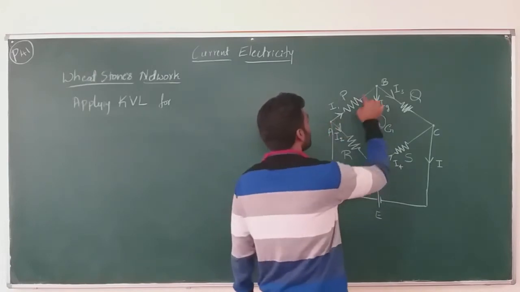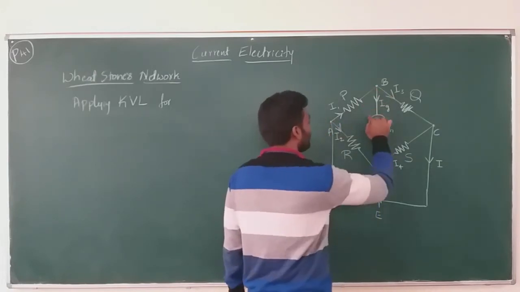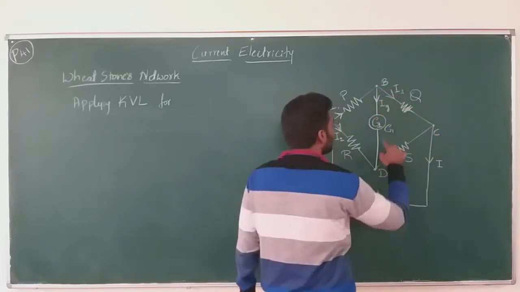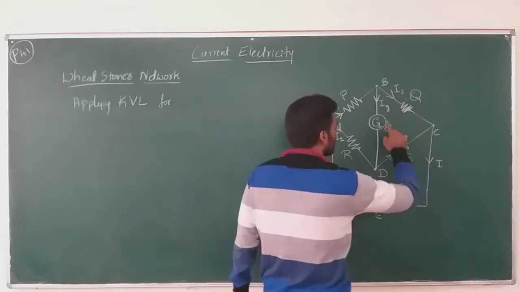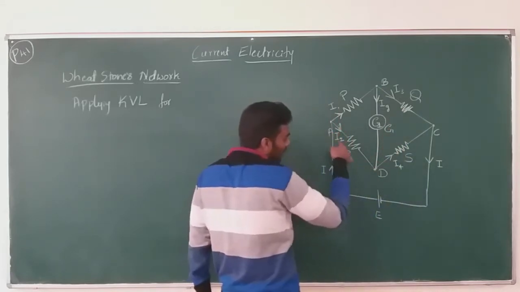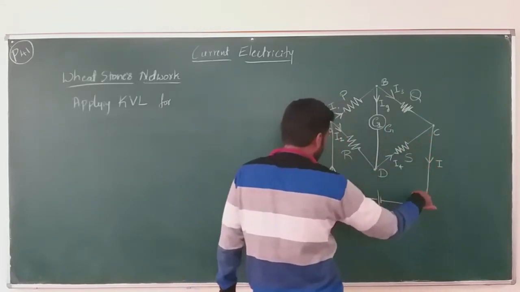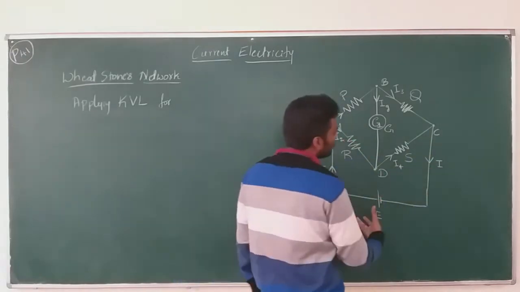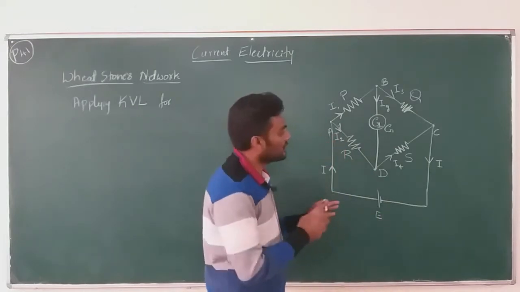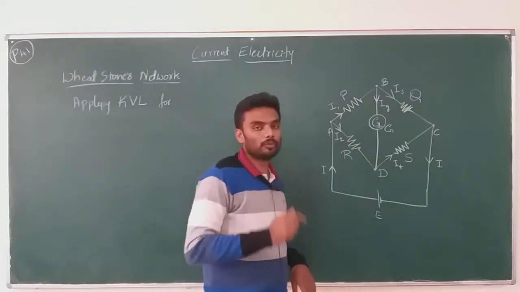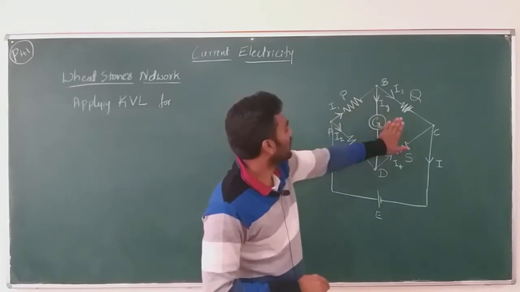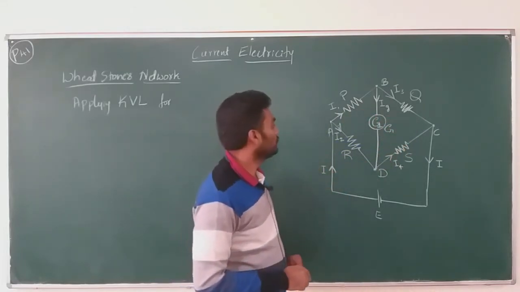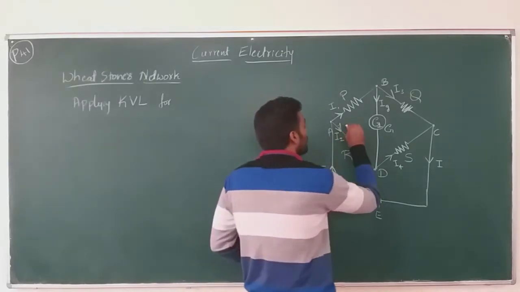One is A, B, D, A, right? This is one loop, and the other loop is B, C, D, B. This is the other loop, and we have one more loop which is A, D, C, A again. So we have totally 3 loops available in this network, and we are going to consider 2 loops out of that. One is this loop, the other is this loop, and we will apply Kirchhoff's voltage law for those 2 loops. Now applying KVL